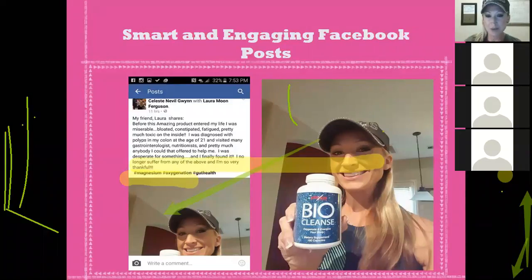So here is an example of a good, compliant Plexus Facebook post. So I made this post, I really don't even remember when I made this post. I think it was probably about 4 months ago, 4 or 5 months ago. I was really hesitant because we have to be very careful in our wording with Plexus and compliance. If you ever have any compliance questions and how we can post on Facebook, we are regulated by the FDA, so we do have to be careful of how we post. But I just put,